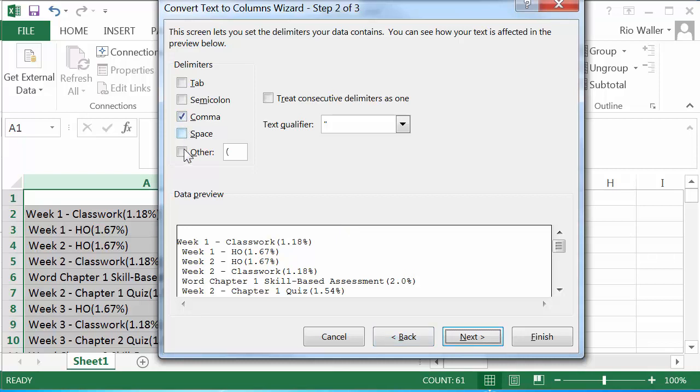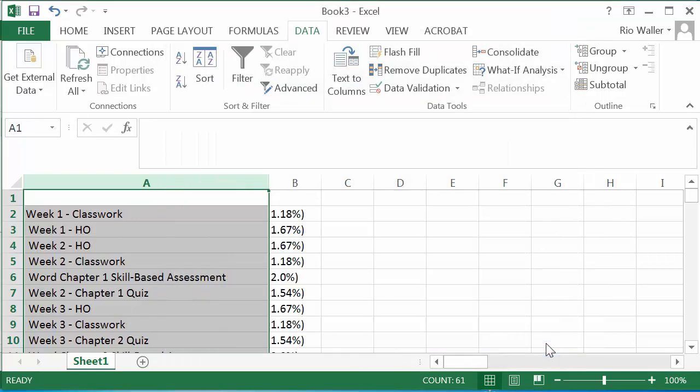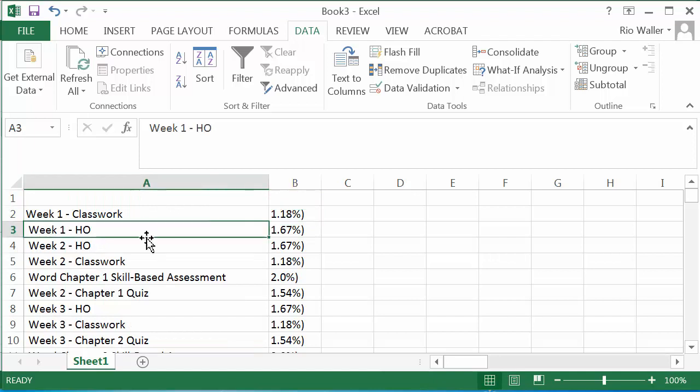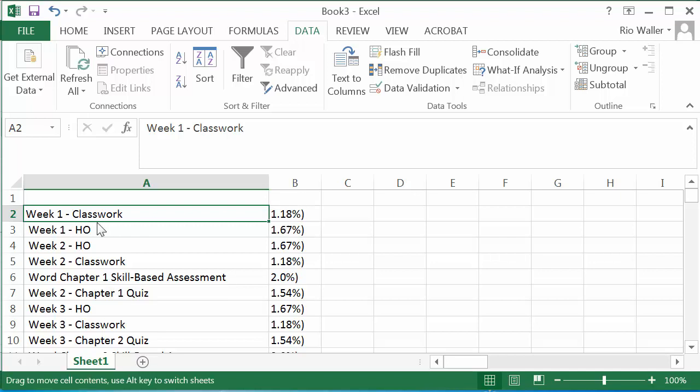And when I do that, I'm going to type in that open parenthesis, and you can see what it's doing here. I'm going to hit finish, and then it moves all of them into the B column, leaving the text of the item in here. So if you've learned this in my IT lab, if you haven't, I want you to know this: